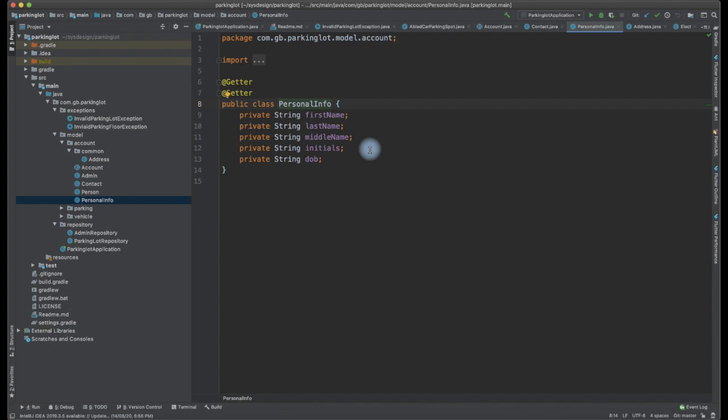This usually we will capture for administrator. I don't want to repeat it again. With this we have modeled an account. This is how we need to model an account, and this is the same model we will use across whenever we want to capture an account for a particular user.